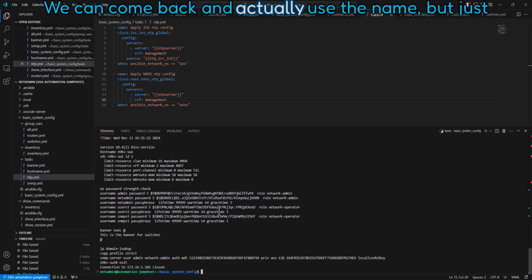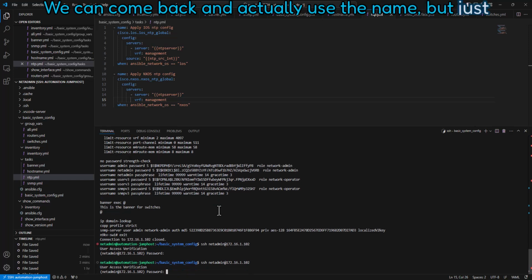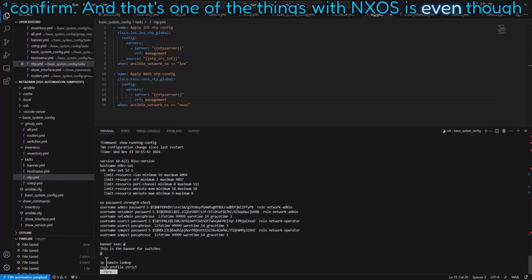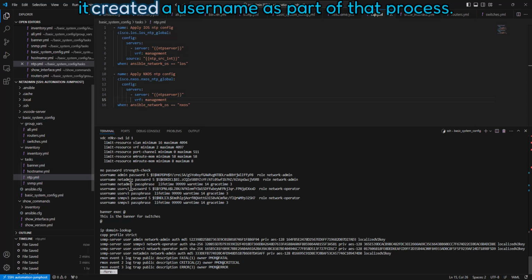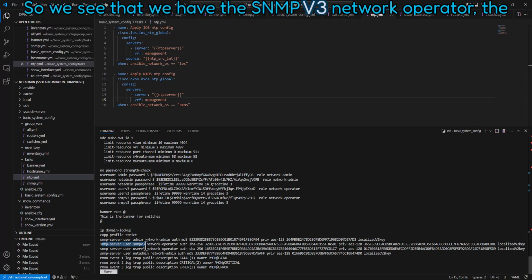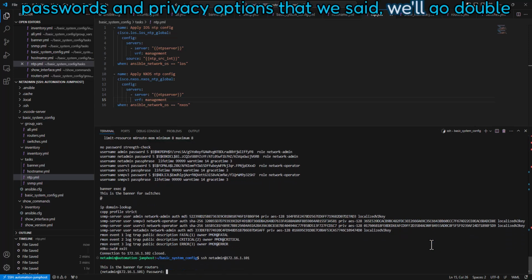We can come back, and actually it was the username, but yeah, that's right. Just confirm. And that's one of the things with NXOS: even though we just created that SNMP user, it created a username as part of that process. So we see that we have the SNMP v3 network operator, the passwords and privacy options that we set. We'll go double check that with